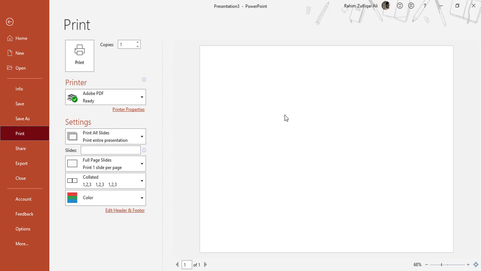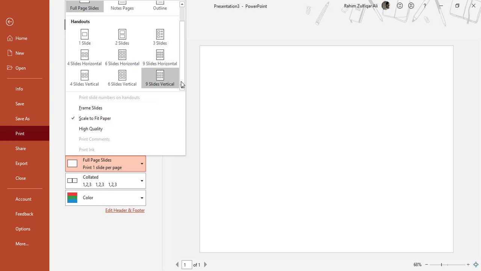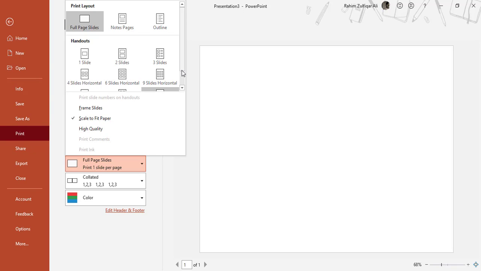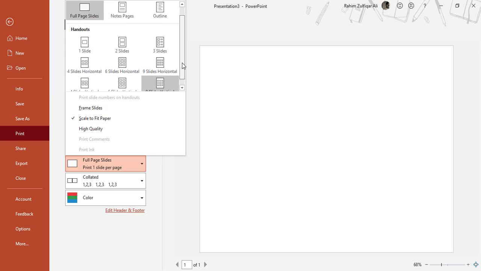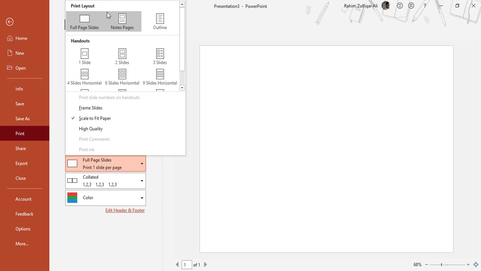Let's explore some printing options, because the slide is currently empty in this first video. So we have nothing to see as a preview, but we can explore some of the printing options. There are different kinds of printing options available. When you have a lot of slides in your presentation, you have a choice of how you want to print that presentation, either 2 slides, 3 slides, horizontal or vertical, right? Or you can have the different kinds of print layouts available, full page slides, or notes, or the outline. So sometimes a teacher wants notes pages print layout, and for the students you want to have the full page slides, or 2 slides, or 3 slides with